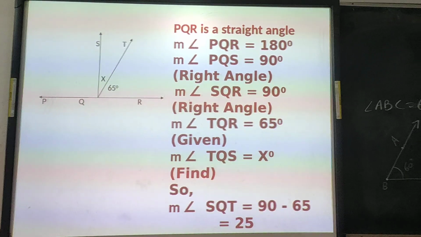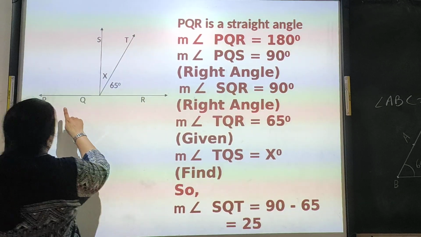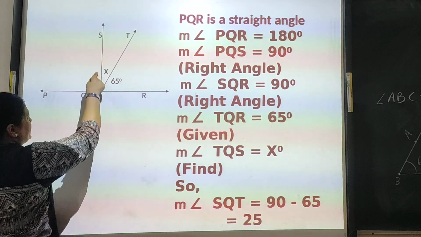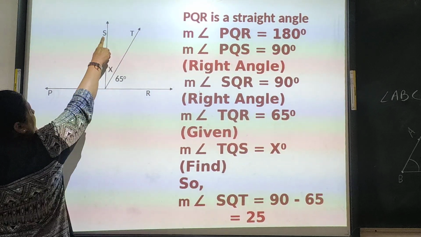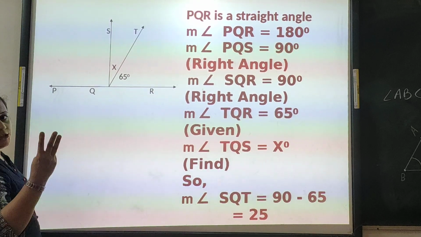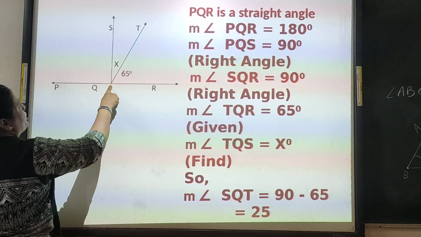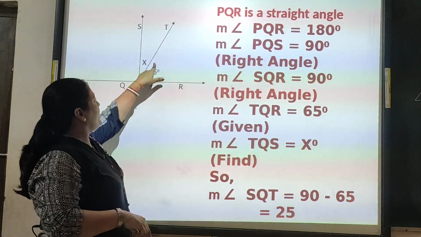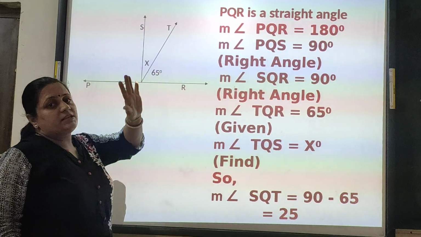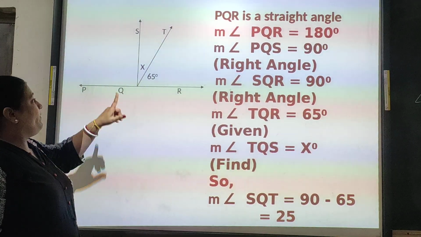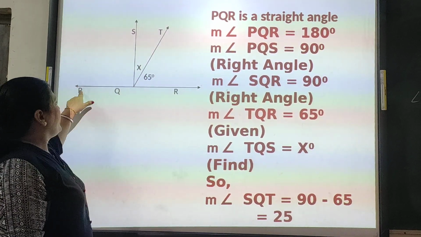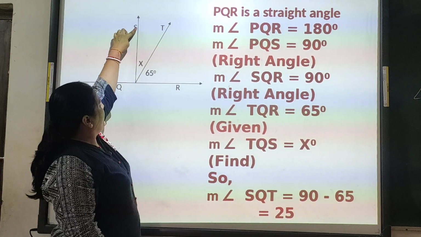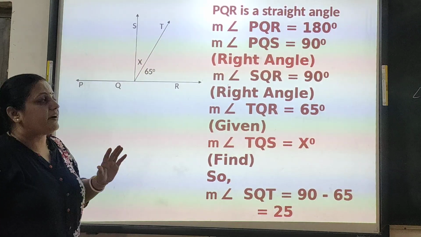Now see here, how many angles can we see? So there are PQR, it is a straight angle, first angle. PQS, it is a right angle, second angle. SQR, it is a third angle, it is also a right angle. SQT, it is an acute angle, this is a fourth angle. And angle TQR, this is also an acute angle, this is a fifth angle. So total how many angles are here? 5 angles. Angle PQR 1, angle PQS second, angle SQT third, angle TQR fourth, and angle SQR again right angle fifth. So total 5 angles are there.